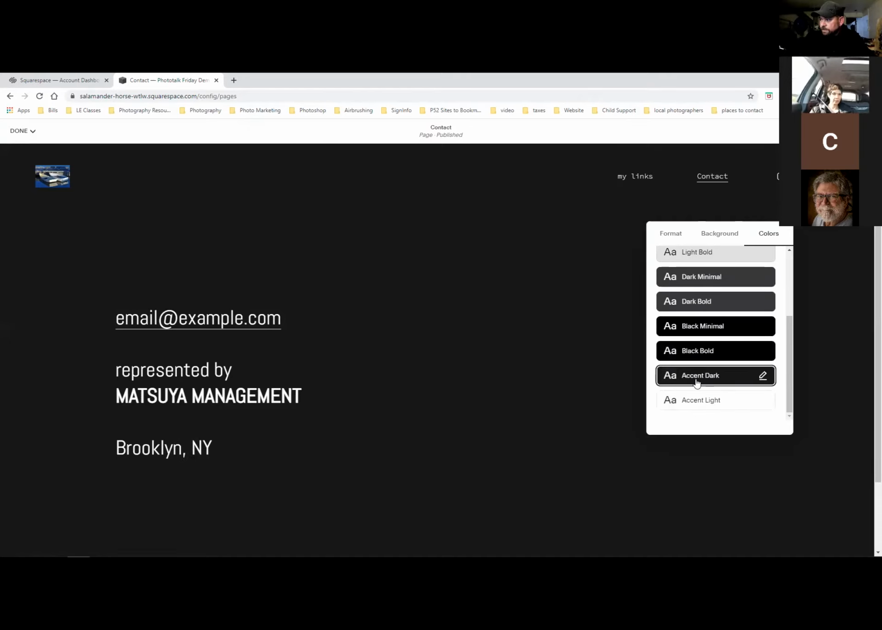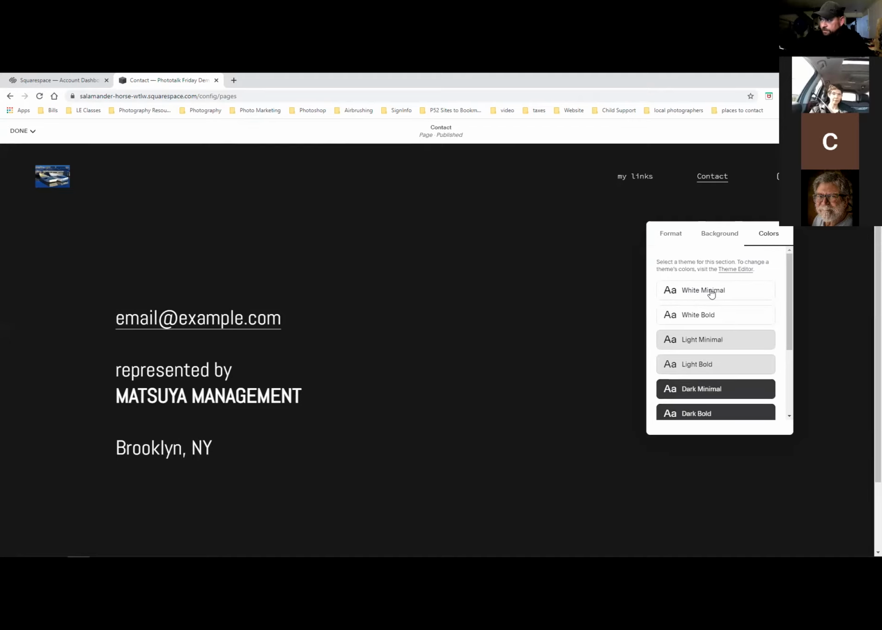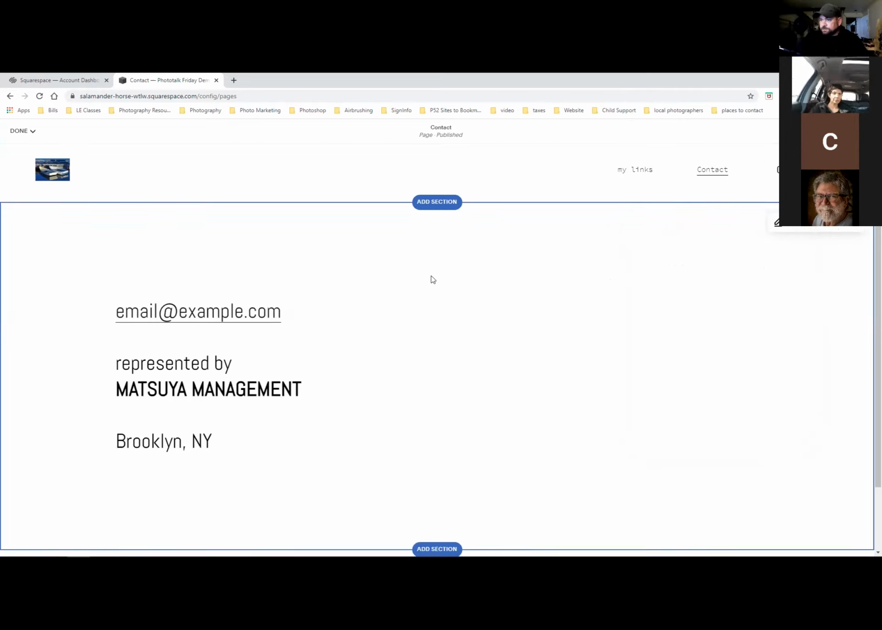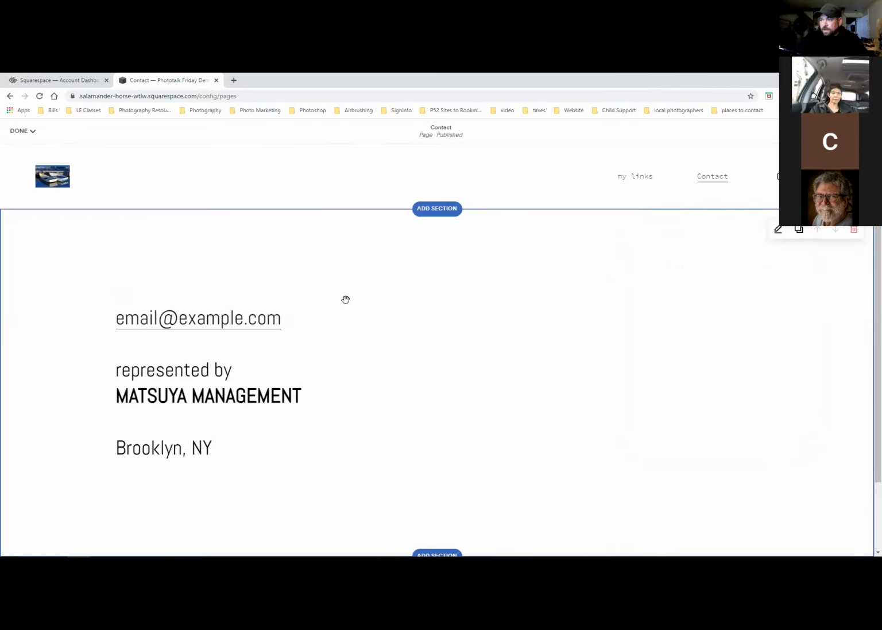And it's selected as dark. So we don't want a black website. We want to make it white. And you change that by clicking white minimal. Now inside this section, if you want to add an element to it,